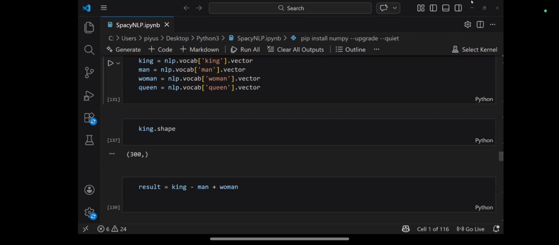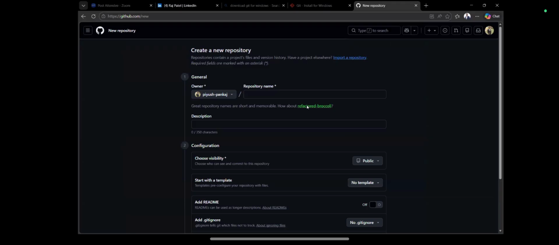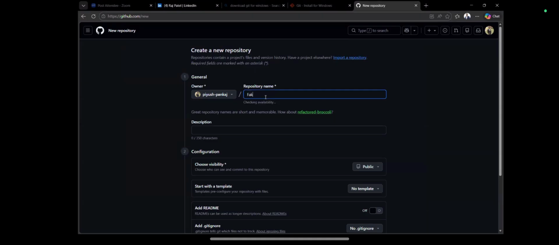I will simply be taking this file, but before that, what we need to do first of all, on GitHub, I'm just going to write the name, let's say, fake news classification using spaCy.